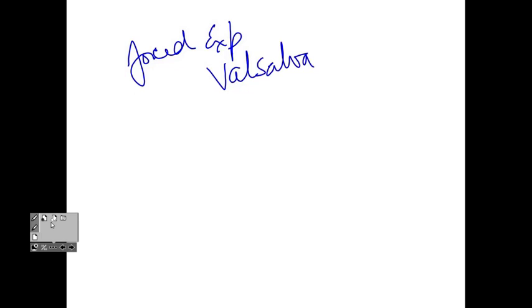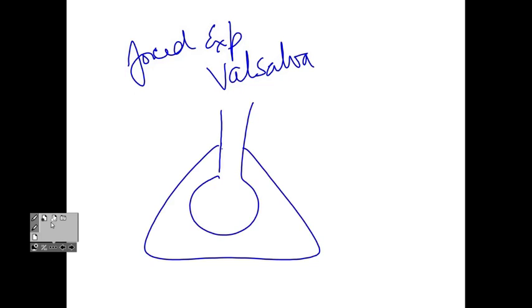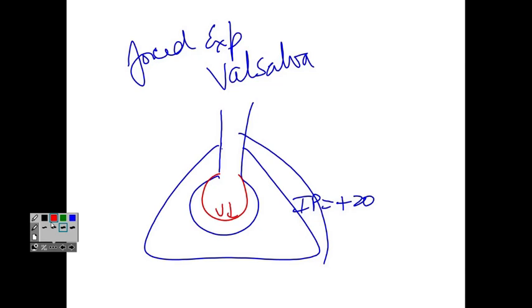Give an example for forced expiration. Valsalva maneuver. So when you're doing this maneuver, what are we doing? We are vigorously contracting our diaphragm and intercostals. The chest wall vigorously comes back. The two layers, instead of coming slowly, now come close suddenly. Therefore intrapleural pressure becomes +20. What happens to the alveoli also? Instead of recoiling slowly, they now recoil abruptly. So there is a sudden loss in volume. Gas molecules collide more vigorously, and intraalveolar pressure becomes way more positive. So we generate a high intraalveolar pressure of +35.